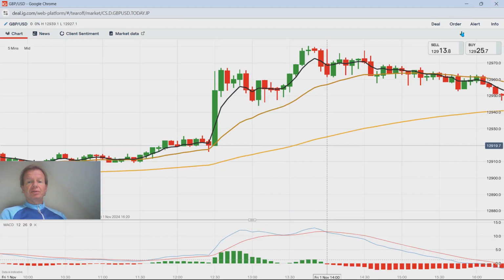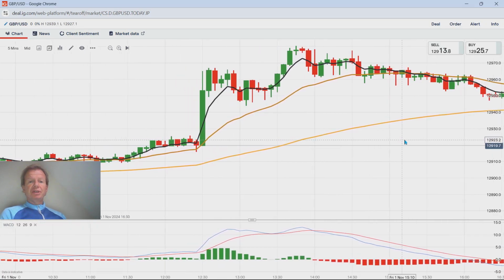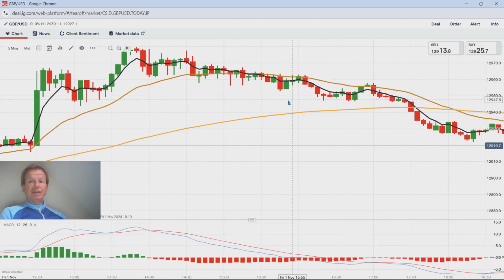Okay, so if I go back to this pound US, I just wanted to show you this one here. This is where the news report came out, the non-farm payrolls, and here we've got about 60 pips. What happened was the change in number of employments. I looked on Forex Factory, it was about 12,000, and they were looking at something like 106,000 as the forecast. Obviously, what happens is your dollar weakens, and so the pound goes absolutely up against the US dollar